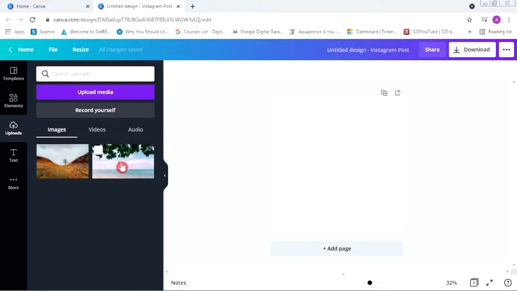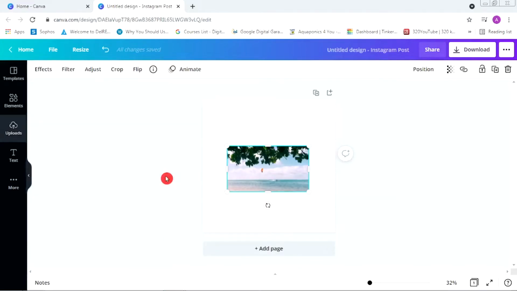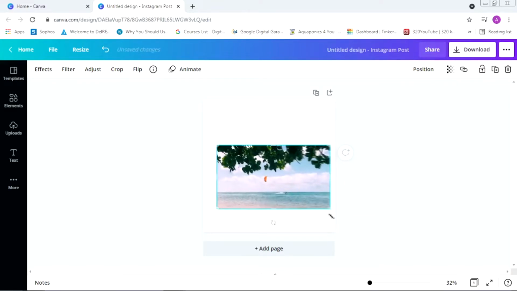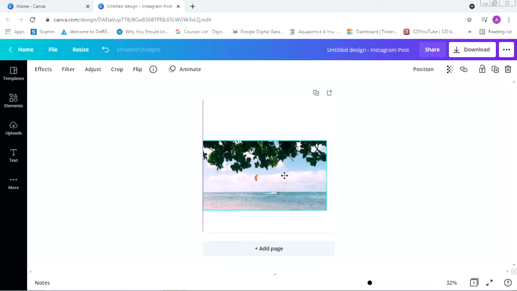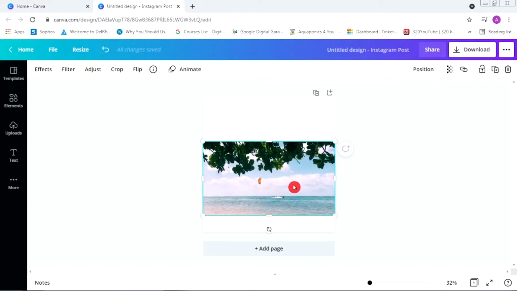Now to edit the image, we will select and drag and drop the image onto the canvas, and we can hide the panel as we don't need it for the time being. Once the image is added onto the blank canvas, these are the nudges, the four corners. These nudges help us to resize our image. Let's resize the image so that it covers the entire canvas.